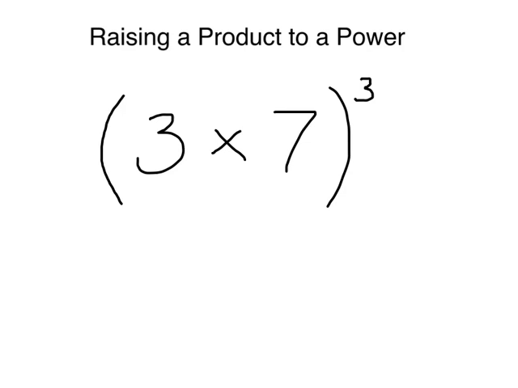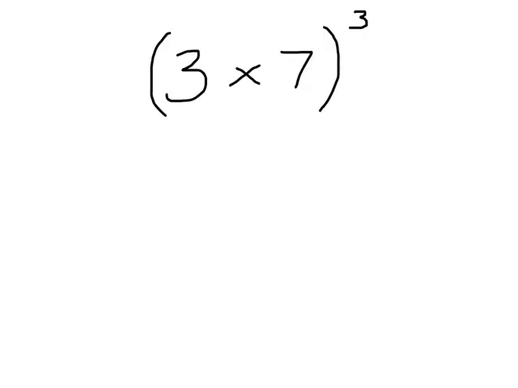In this tutorial we're going to learn about raising a product to a power. Now a product just means a multiplication, so we've got 3 times 7, so that's the product, raised to the power of 3. So before we start simplifying this example, just remember that the power of 3 means that everything in the brackets